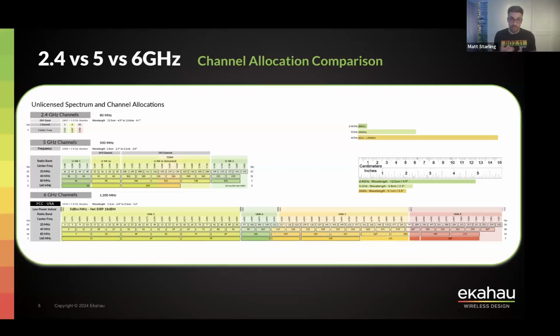And that's fantastic. But if you're in the US, you actually get up to an additional 1.2 gigahertz of spectrum, which would give you something like 59 non-overlapping 20 megahertz wide channels. Brilliant. If you're here in the EU, you don't get quite as much, 500 megahertz, but again, still fantastic